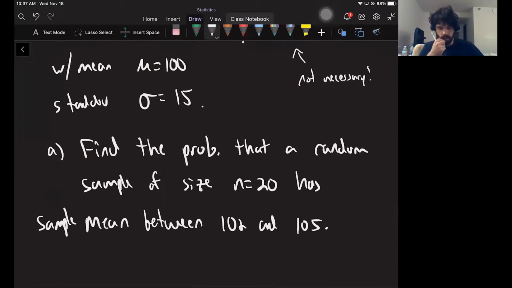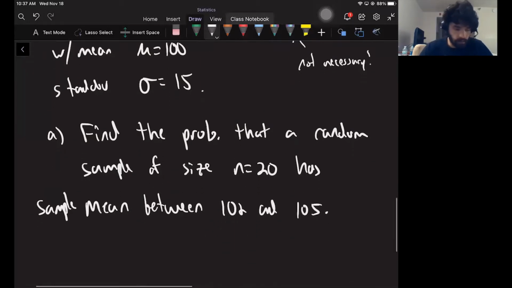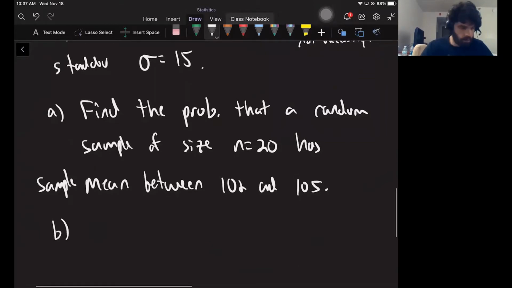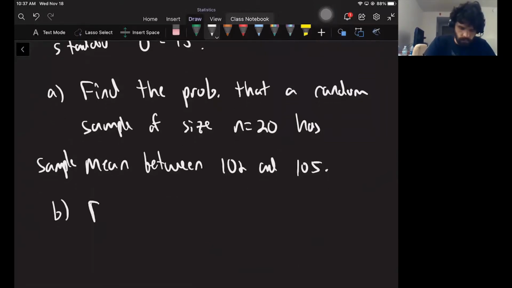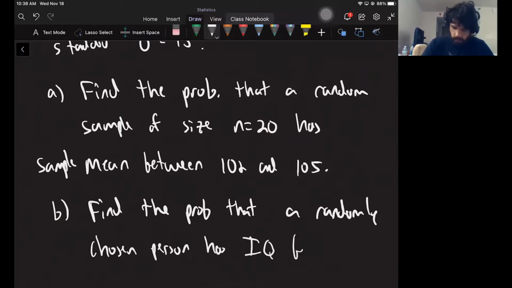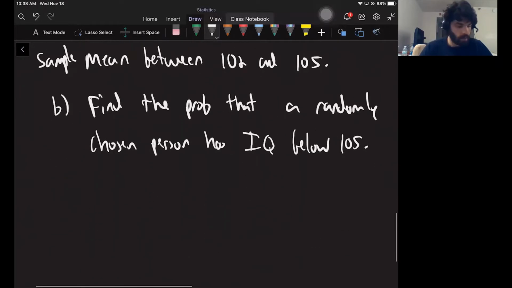So we did stuff like this last time, but now we're going to introduce some jargon, and then I'll do a second part just to compare. Find the probability that, so this is no longer about samples, but a randomly chosen person, just a single person, has IQ below 105, just to compare these two different types of questions. Okay,